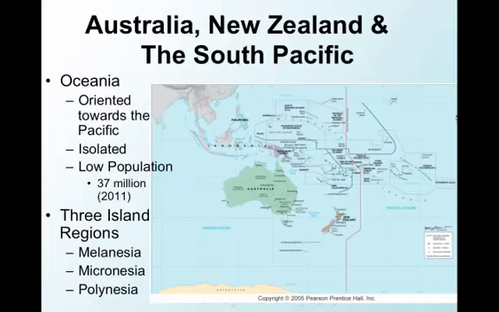So, as you may have already guessed, Oceania is oriented, as a region, mainly towards the Pacific Ocean. Also the Indian Ocean, which is located to the west and also southwest of the region. It is rather isolated geographically speaking, not only from South and Southeast Asia, but also, of course, from Latin America and North America, which are to the east and to the northeast. It has a low population, approximately 37 million people or so in 2011, and it's made up of three major